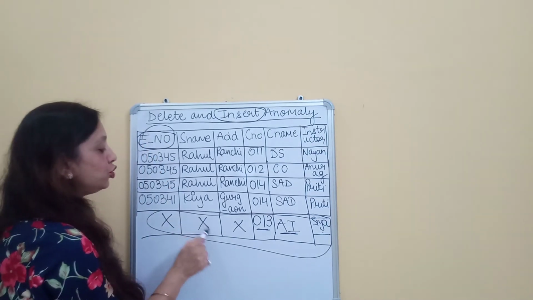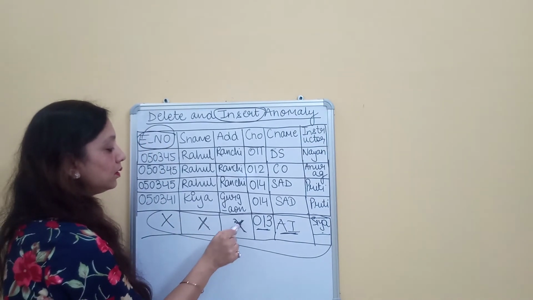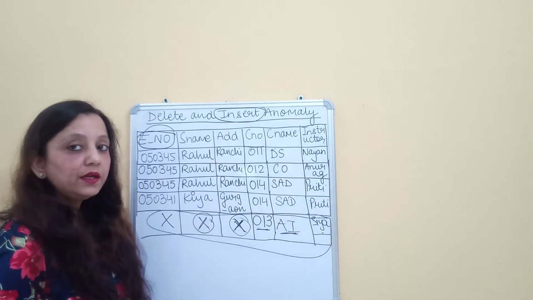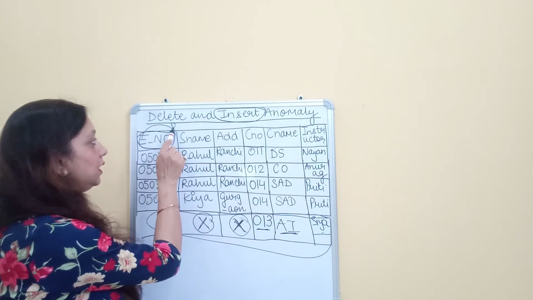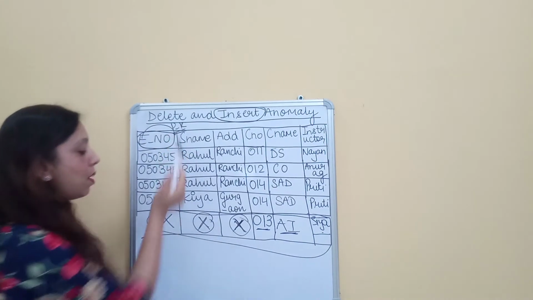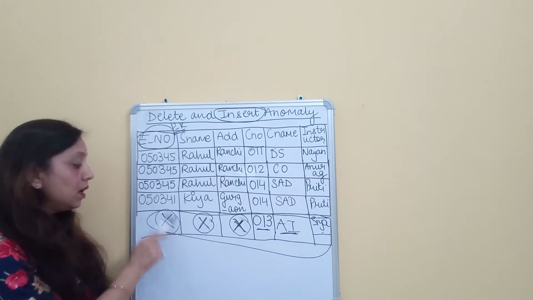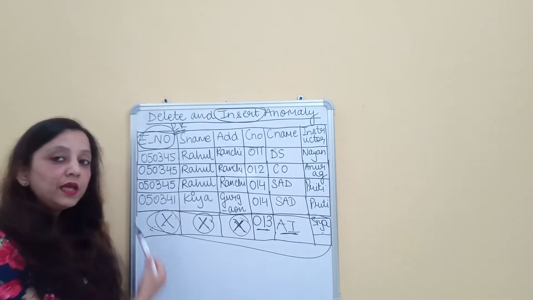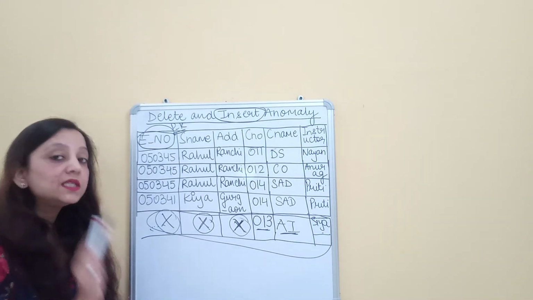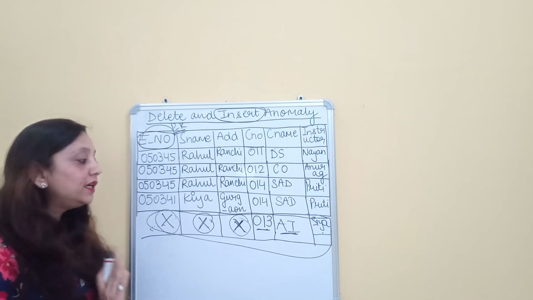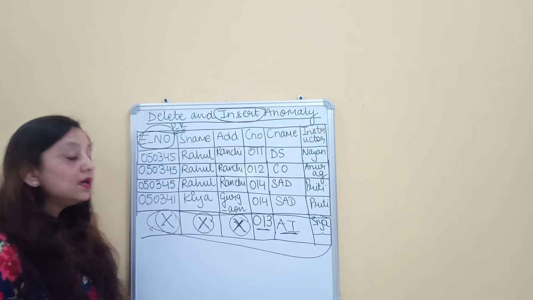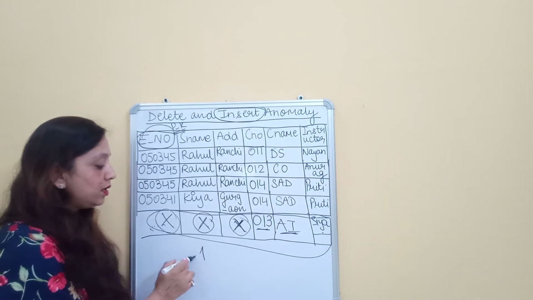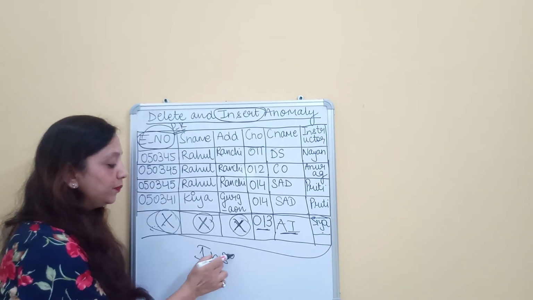And the major, and these two attributes, that is the enrollment number, can never be left blank. But since nobody has enrolled in this course, I do not know what the enrollment number would be. That means it is violating the entity integrity constraint. Since it is violating the entity integrity constraint, this is an anomaly of the database.